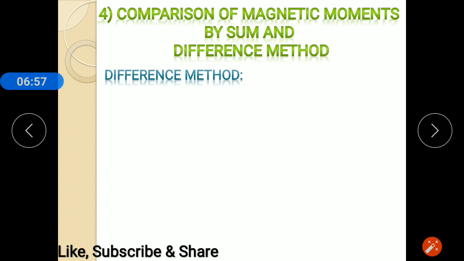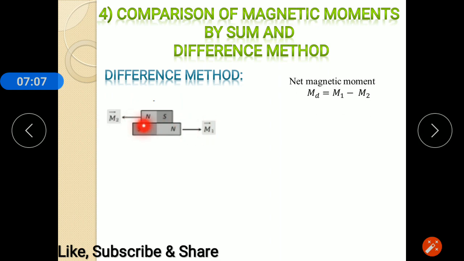Now what is the difference method? In the difference method, the magnetic dipole moments of the two bar magnets are in opposite directions. When two vector quantities are in opposite directions, we take their difference, so it is called the difference method. So what is the net magnetic dipole moment? It is m1 minus m2. Here m1 is considered the larger one. So what is its net inertia? The net inertia is at its center about its axis, along the same direction. So in the difference method also the net moment of inertia is the same, that is I1 plus I2.